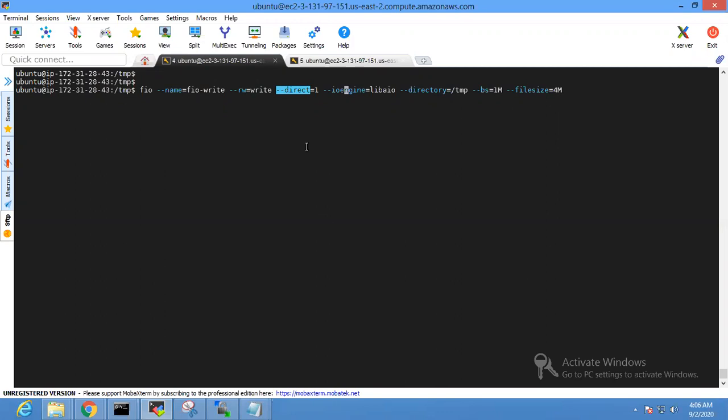If it is a network, it will transfer the IO to the network, or if it is a local disk, it will flush to the disk. So if you define direct equal to 1, that means I'm not going to use client caching, and I'm directly going to write these files on my storage device.